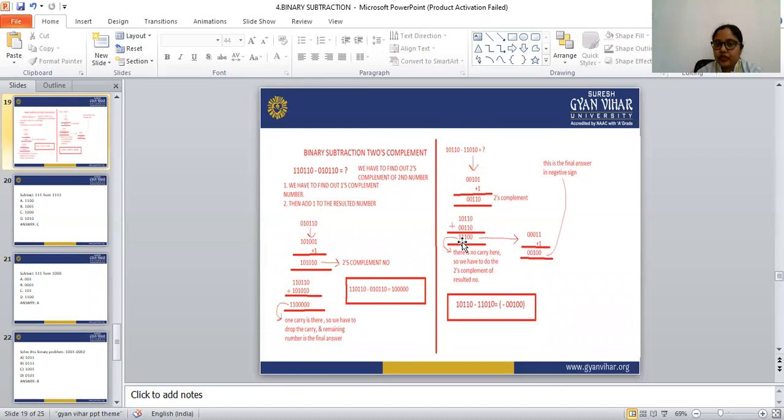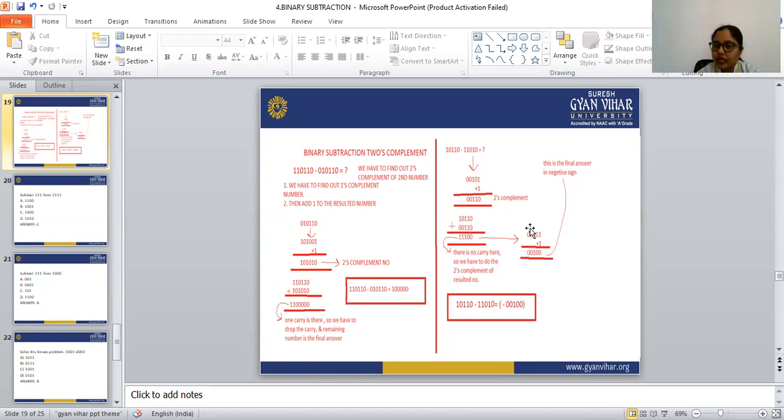So look at this. I have converted it into the 1's complement number here. The 3 ones I have written here as 3 zeros, and the 2 zeros I have written here as 2 ones. It means we have to invert this number. In the place of 1, we write 0. In the place of 0, we write 1. So this is the 1's complement of this number.